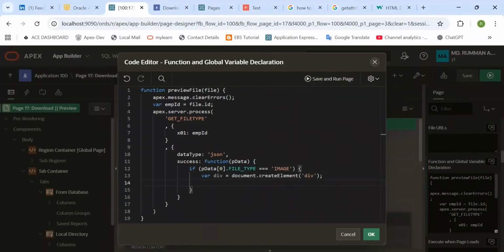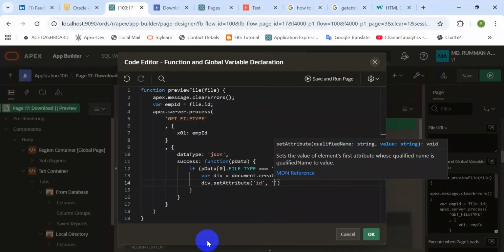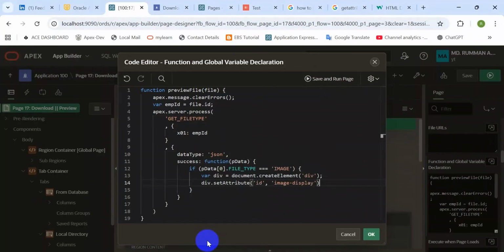If the function succeeds, then the condition is: if file type